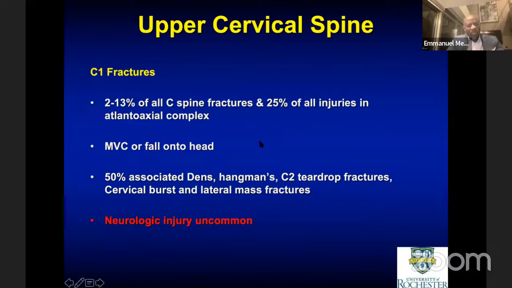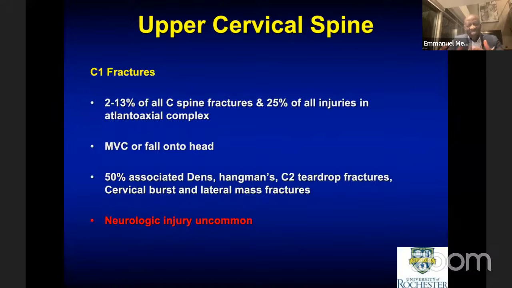C1 fractures account for 2 to 13% of all C-spine fractures and 25% of all injuries in the atlantoaxial complex, typically from motor vehicle collision or fall onto the head. 50% are associated with dens fractures, and one of the cases I'll present has an associated dens and C1 injury. Hangman's fractures, C2 teardrop fractures, but neurologic injury is quite uncommon given the pattern of the fracture,